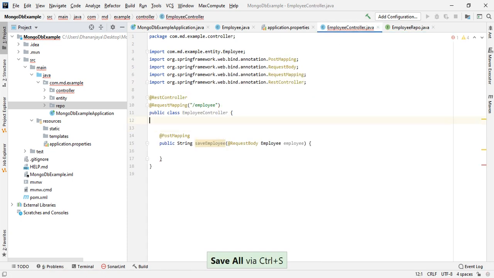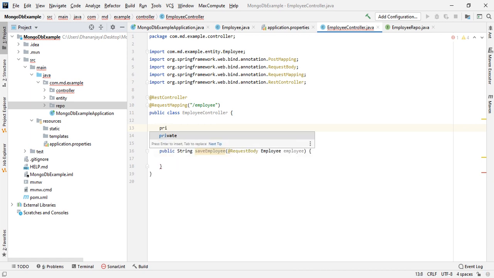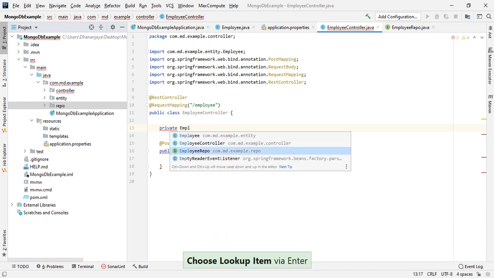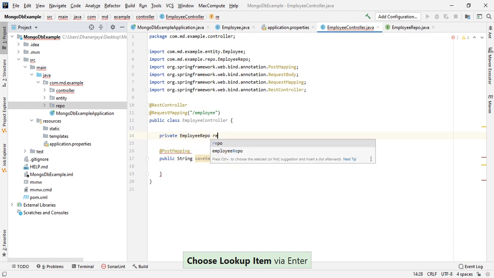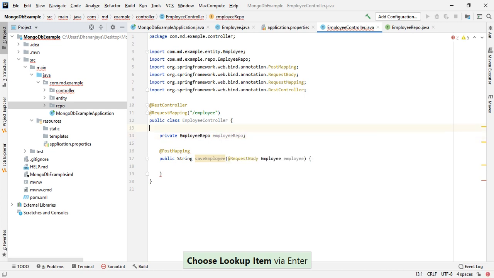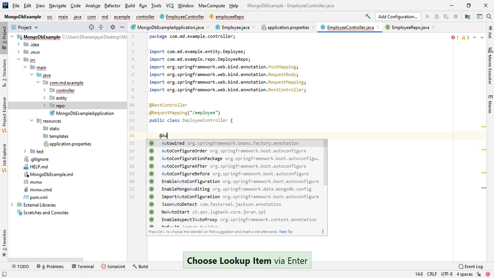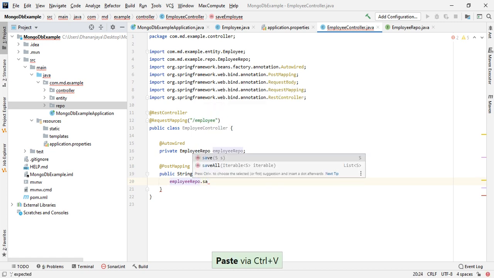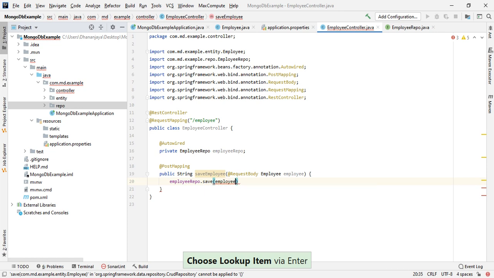Inject that repository here. Private EmployeeRepository, let's say employeeRepo, with @Autowired. We injected the employee repository here. Let's save that employee here: employeeRepo.save(employee).